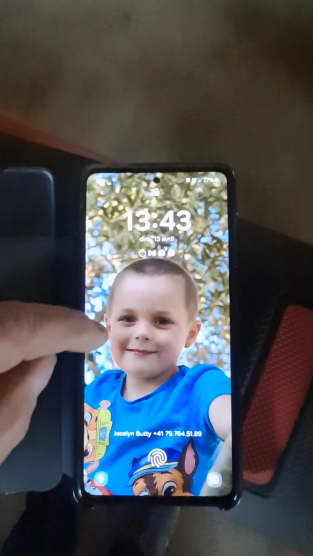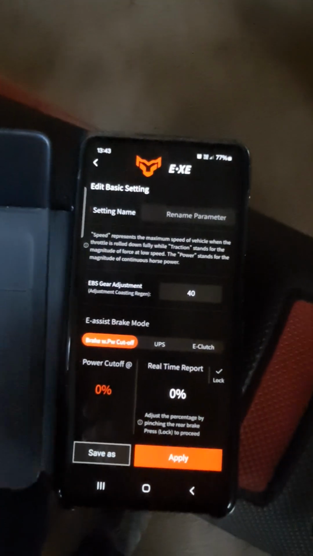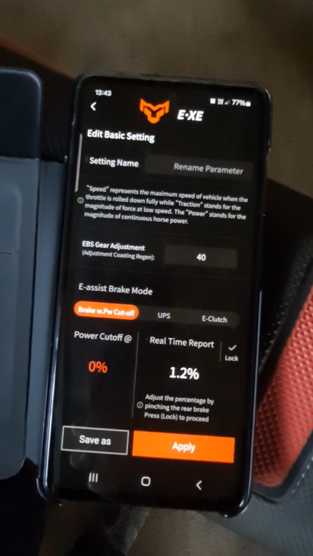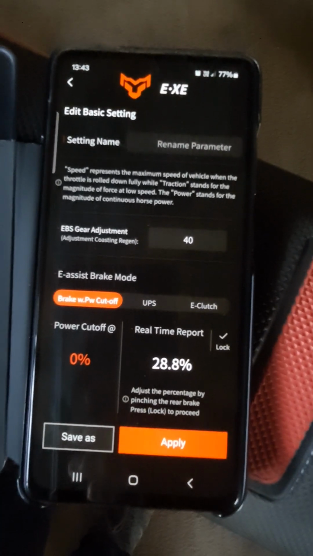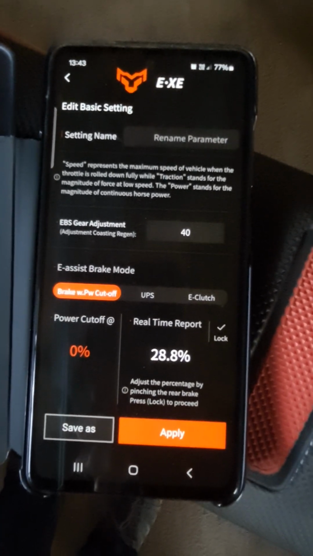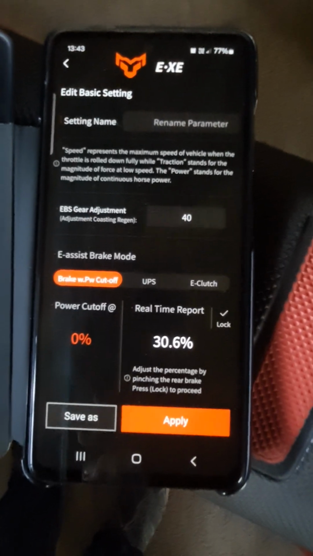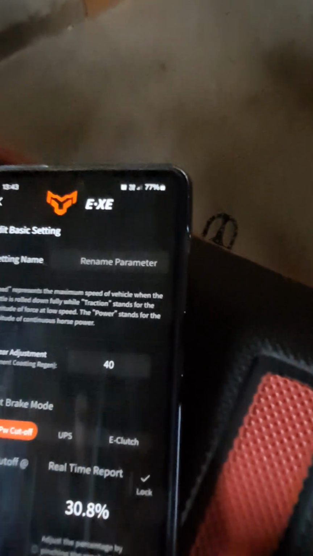Then you can say, okay, I want to have a little bit of play, say 20%, or in this case 28%. Then I can apply,